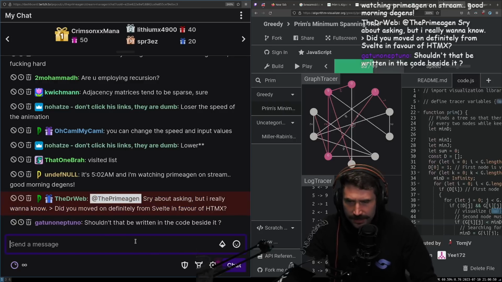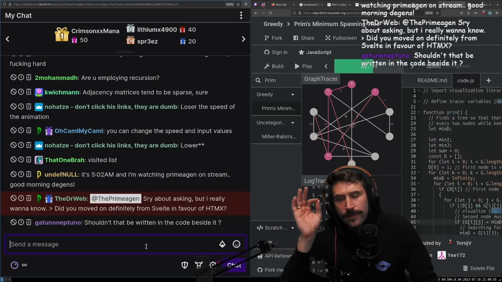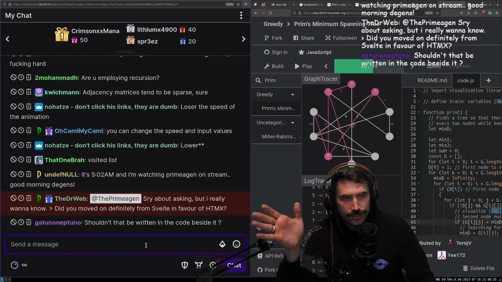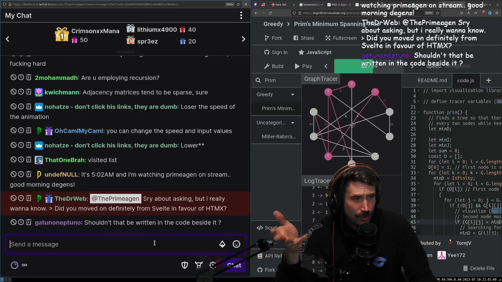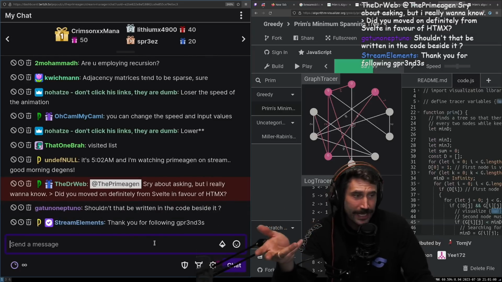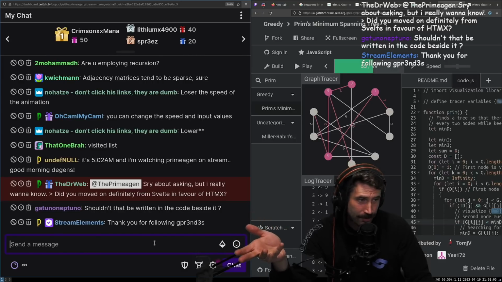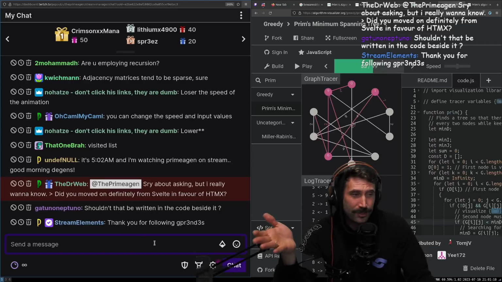I love HTMX. So, even if the flag was on the edge, the running time would be the same, right? You're still just looking at the edge, adding some numbers, or looking at an edge, checking to see if a Boolean is true or false. If it's false, then you add the numbers. Like, in all practical sense,